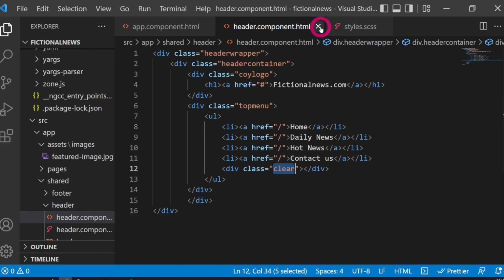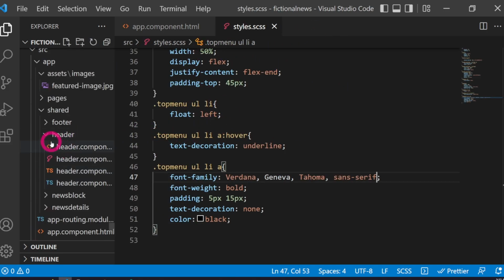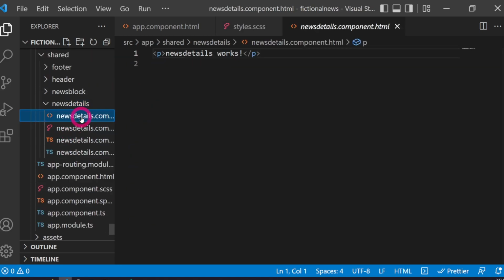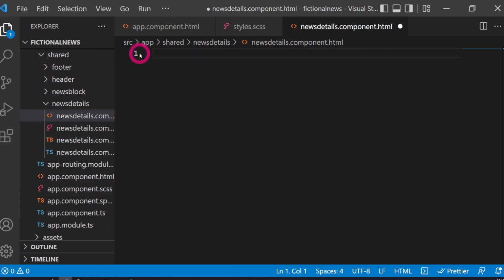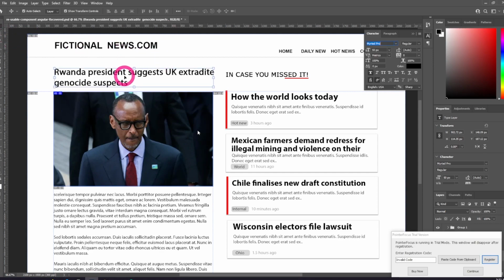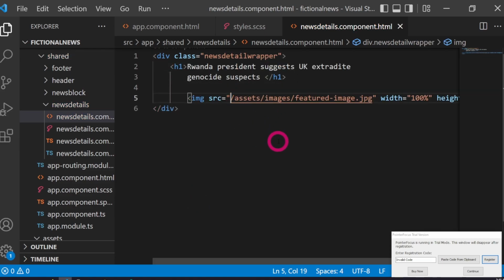So this is completed, so I'm just going to close it, and then I'm going to open news details. This is the component, and then let's get rid of this. Okay, I'm just going to copy this. So we've added an image.